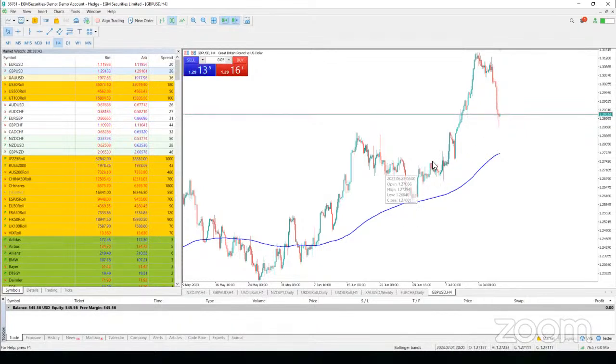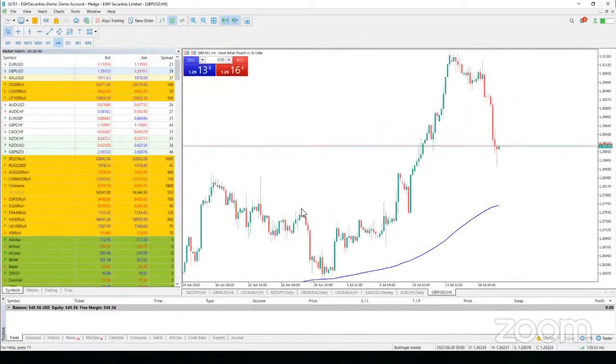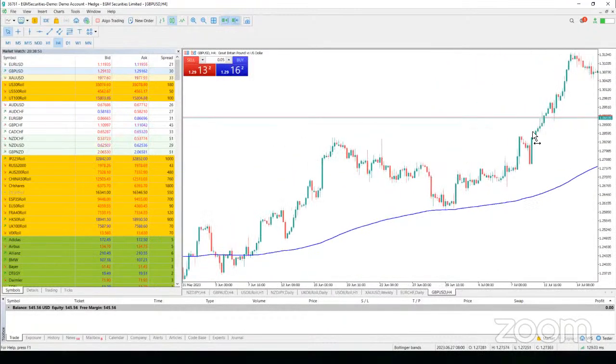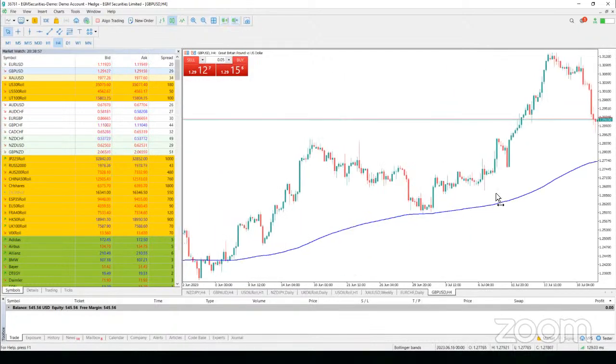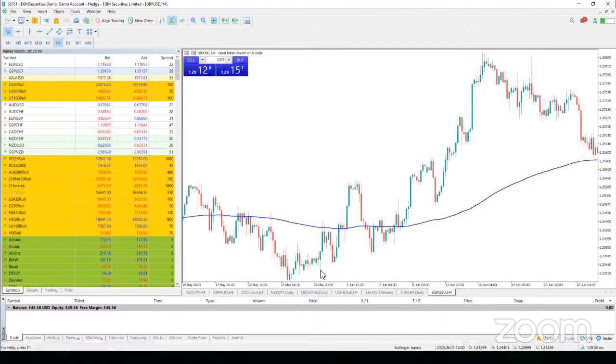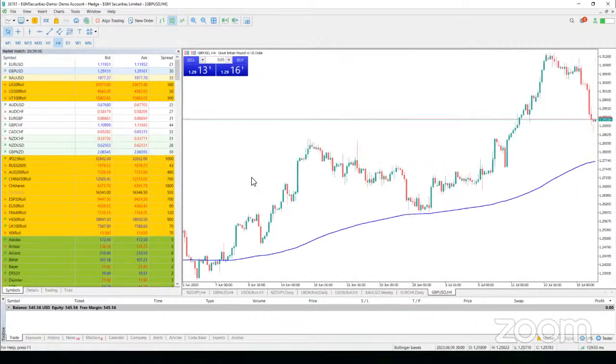Let's see whether we can find a reversal candle pattern that is in line with the trend. It's advisable that you always trade in line with the trend, because that is what favors the movement. So long as you're in an uptrend, we're looking for a rejection candle. It might not be a pin bar as such, but whenever you see a rejection candle right at the support level of the moving average, like in this case here,